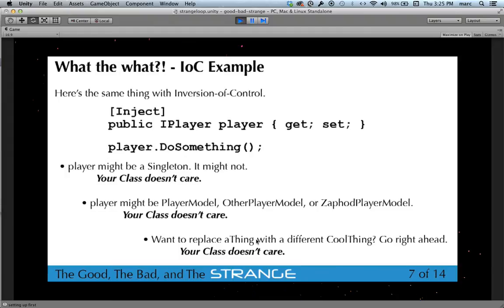You want to replace the thing that you've injected with some other different thing? Go right ahead. Your class couldn't care less. That's the whole magic of this. Because the injection is abstract, because we're using an interface, and because it doesn't need to know where this dependency comes from, you can throw anything in there. And that's great for testing because you can mock up objects for testing purposes. It's great for flexibility because you can change things up really fast and really easily. It makes everything much, much easier. Your whole world will be a cleaner, easier place when you understand why this is so useful.